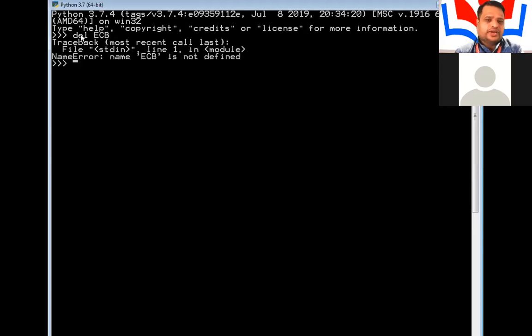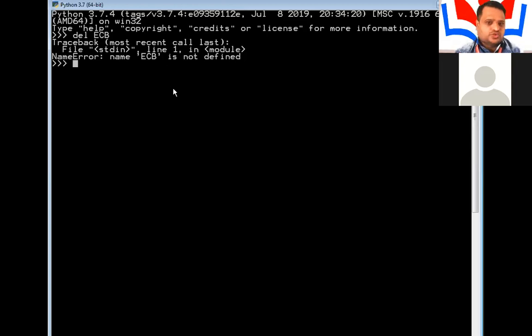Now you can clearly notice that ecb, the tuple name, is not yet defined. Even though I am trying to delete the tuple, it shows that the tuple does not exist, yet you are trying to delete it.